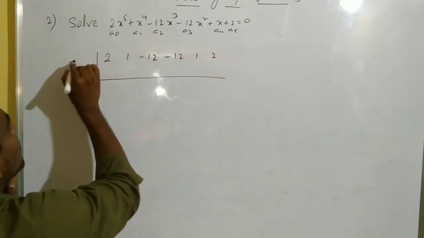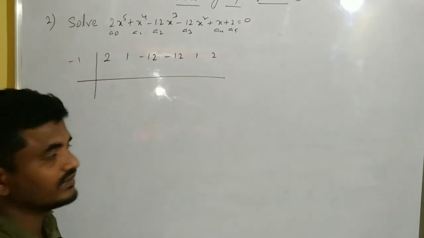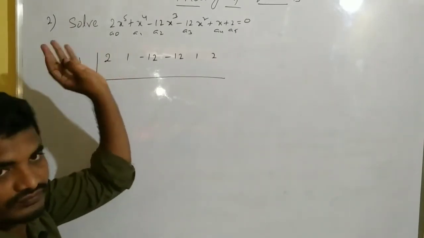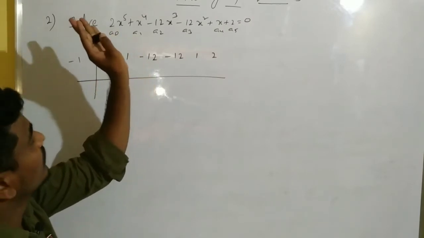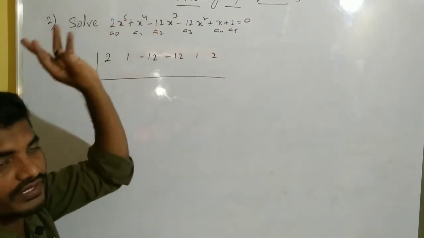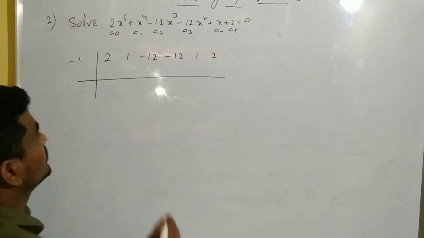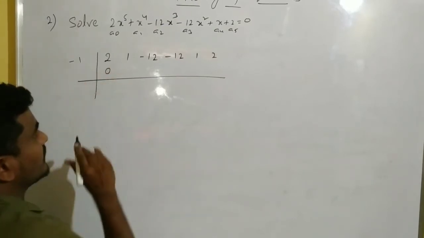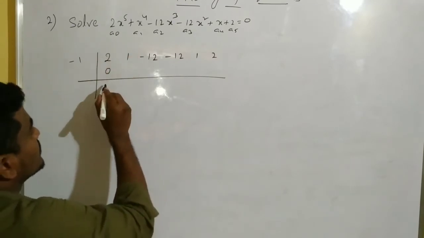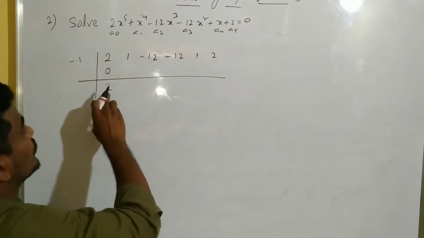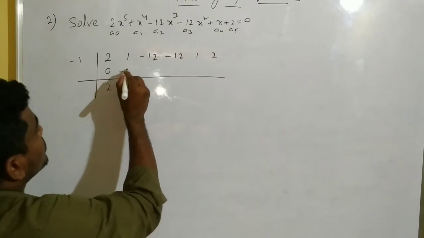I said already, the degree is odd, and its root is minus 1, because it is a class 1 reciprocal equation. It is an odd degree, so minus 1 is one of the roots. So first we have to take 0, 2 plus 0 is 2, we can get 2 into minus 1 is minus 2.